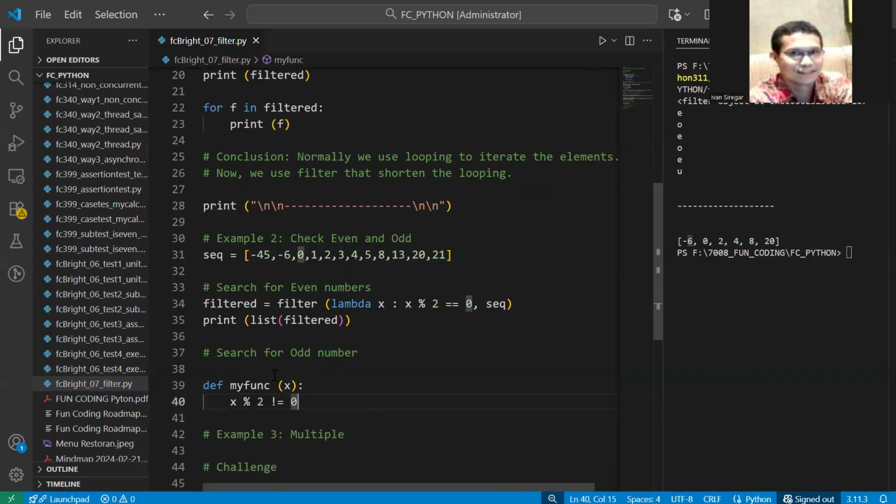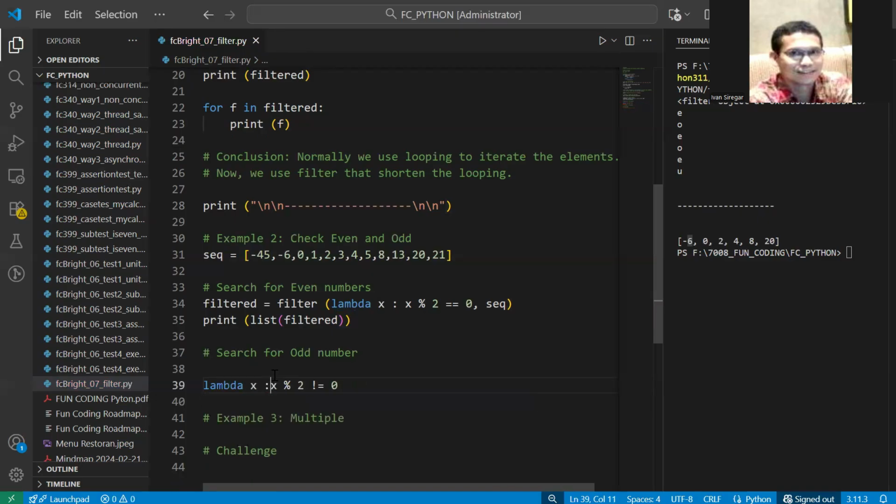But using the lambda, this is easier because we have only a short instruction here. So instead of making your own function, we can remove this. Remove this by putting a lambda here and x, simply this way.